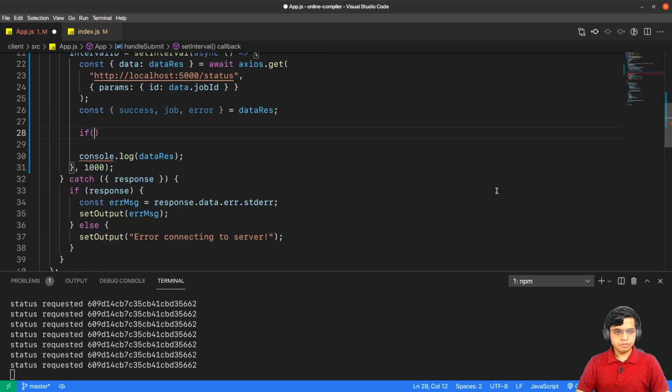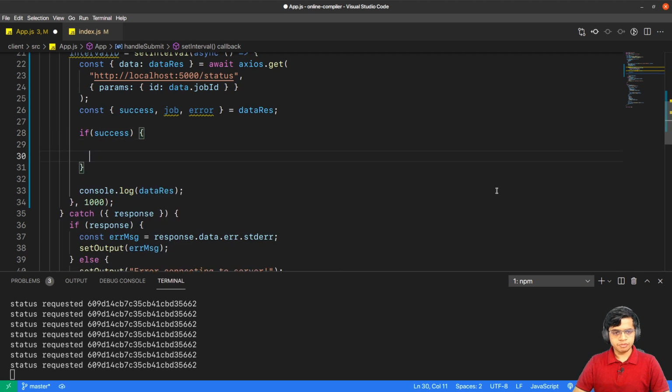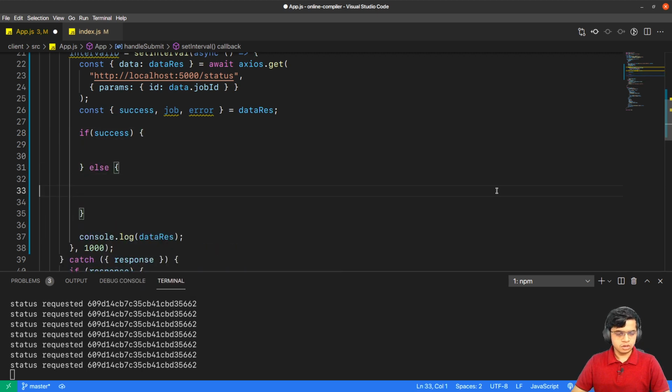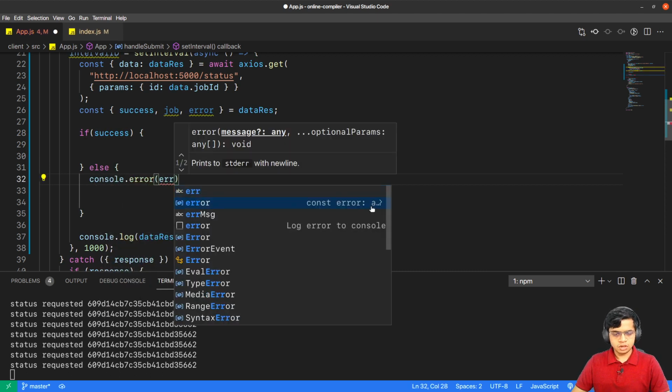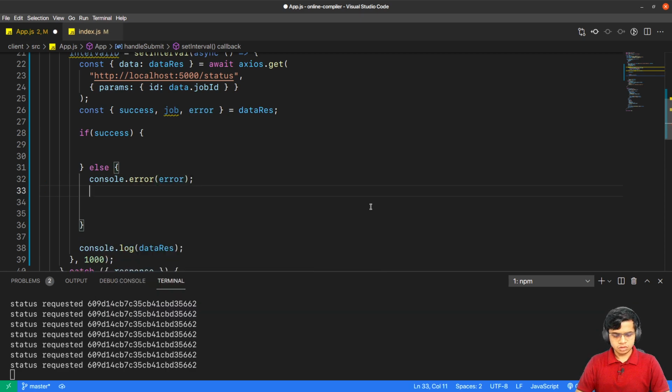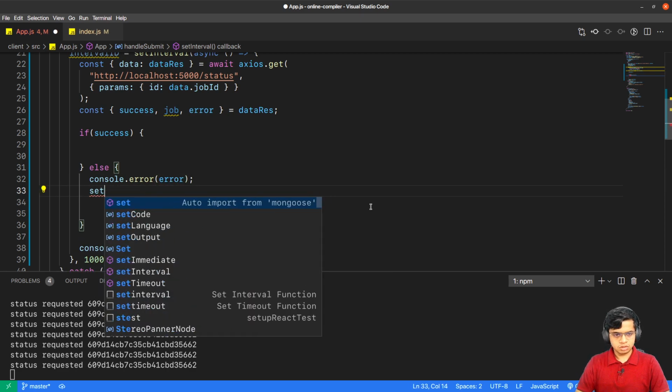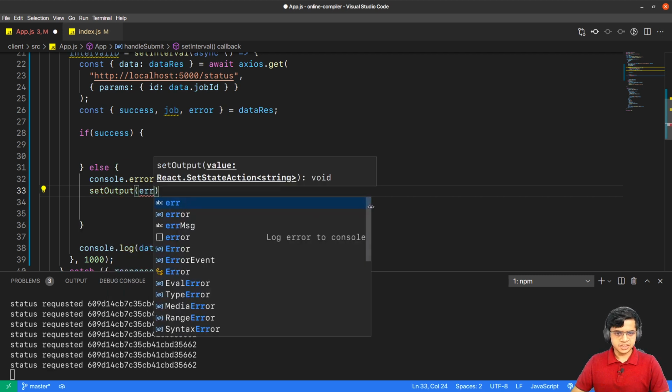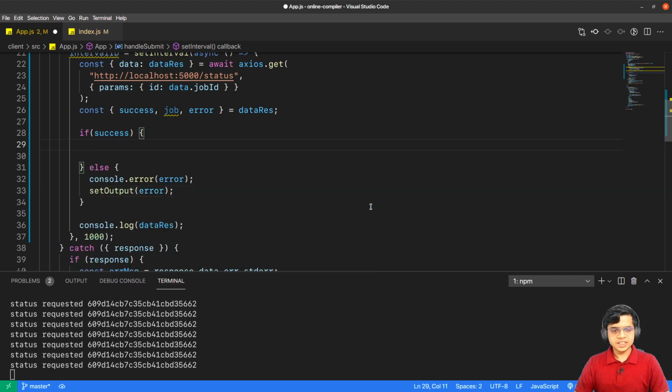Now moving logically, we can firstly make a condition on whether my request was a success or not. So I'll do this, and if it was an error, I'll just console.log error here. I will set the output as the error, and inside this success we'll just extract the status as jobStatus and output as jobOutput.